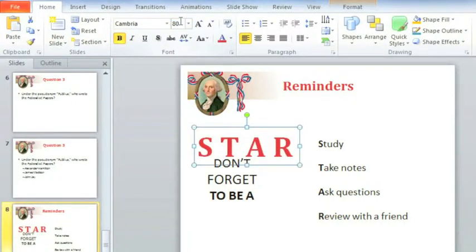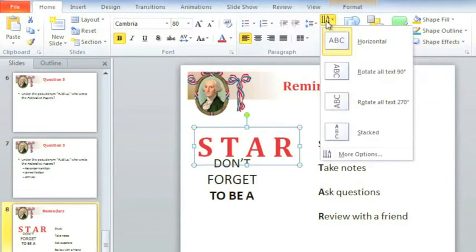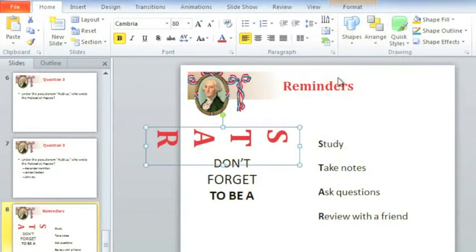Now I'd like to experiment with the options in the paragraph group. How do you think the text would look if it were going in a different direction? Click the text direction command, and in addition to horizontal or normal, you can choose from rotated or stacked. I think I'd like to rotate the text this way. I'll admit, this doesn't look right, but maybe if we resize the text box using one of these sizing handles,